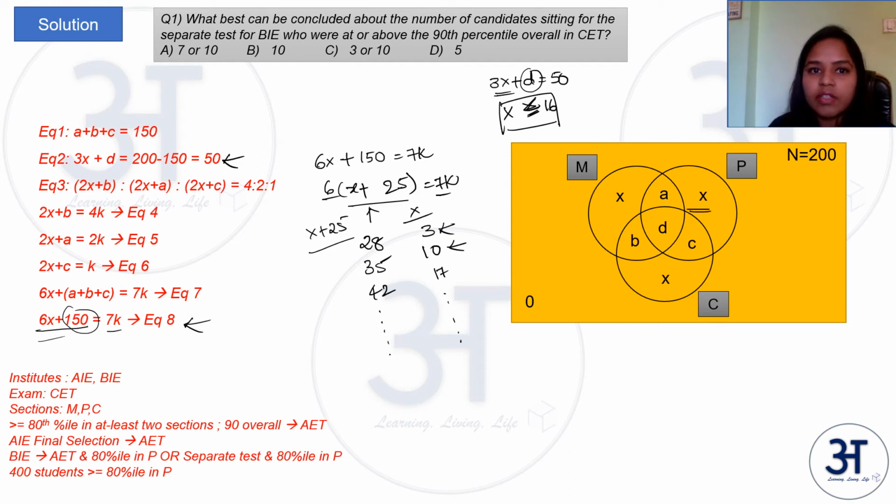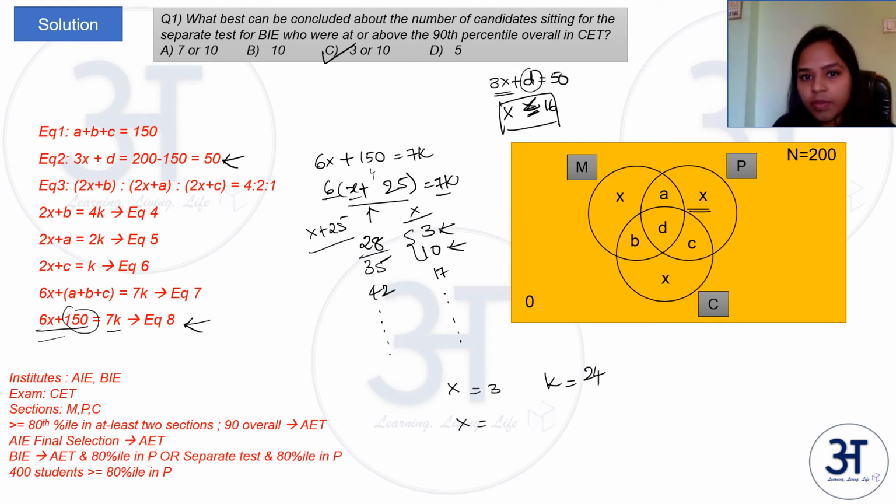So we got the answer for this. x is equal to either 3 or 10. So now once x is equal to either 3 or 10, and there's no other equation where you can definitely find what x is. So if x is equal to 3, what is k? k is equal to, so if x is equal to 3, this is 28, 7 4s 28. So k will be 24.